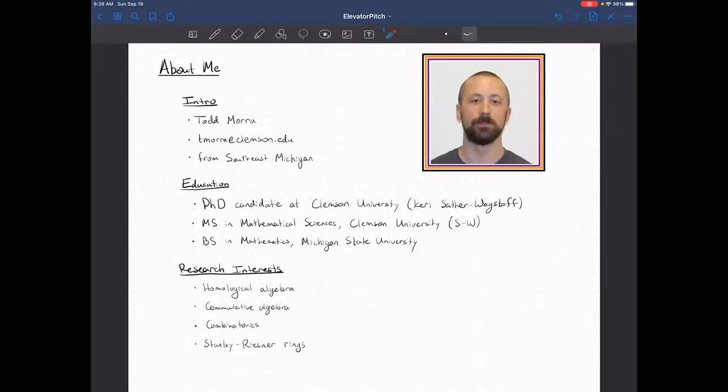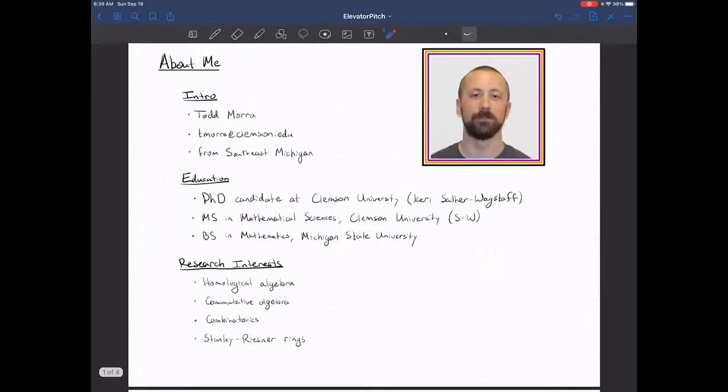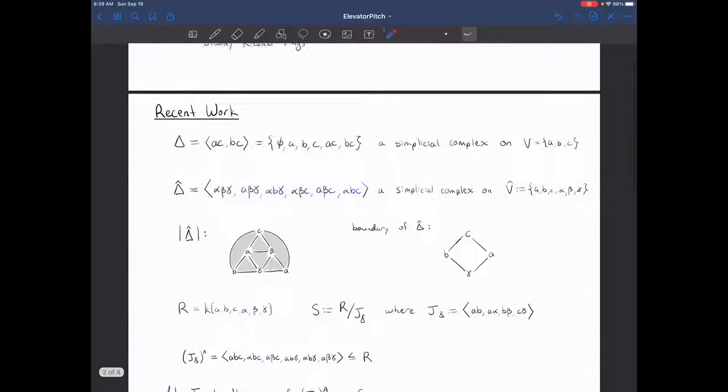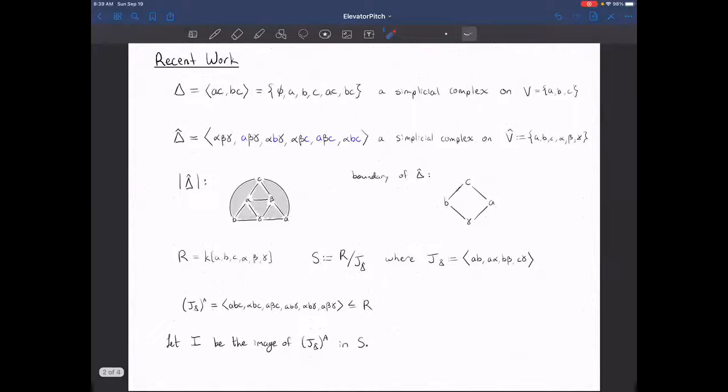So, a brief chat about my research interests. I like getting the geometry to do the work for me. I like using geometric information to tell me a lot about algebraic objects related to them. So I play with Stanley-Reisner rings quite a bit, and simplicial complexes. What I do is start with any old simplicial complex generated by, of course, its facets on some